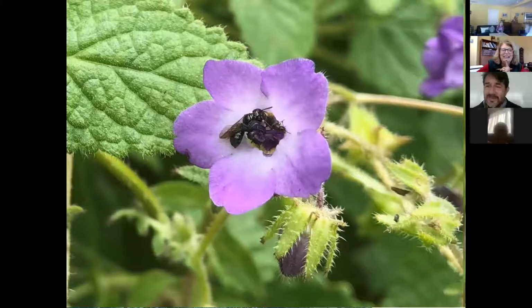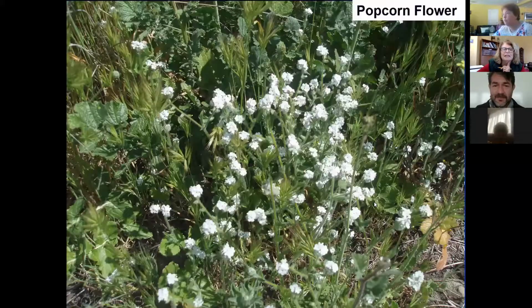And this is where the honeybee may have a problem or may become a problem, because obviously it's going to be bigger, it's going to bully its way and move the other ones and steal the nectar and the pollen from them. And then we have here a popcorn flower, and this is going to show us something